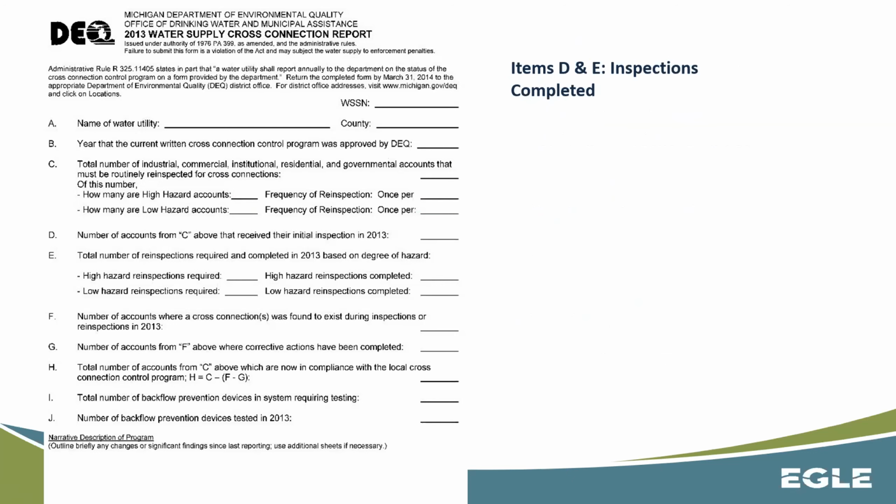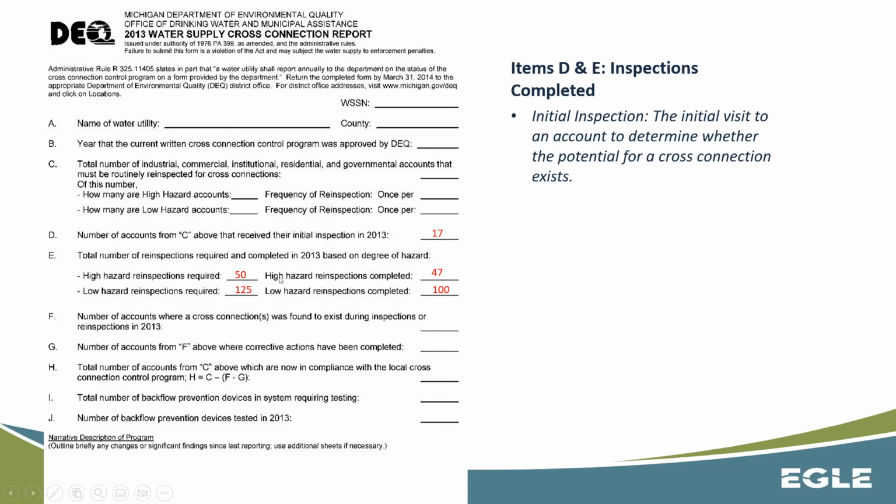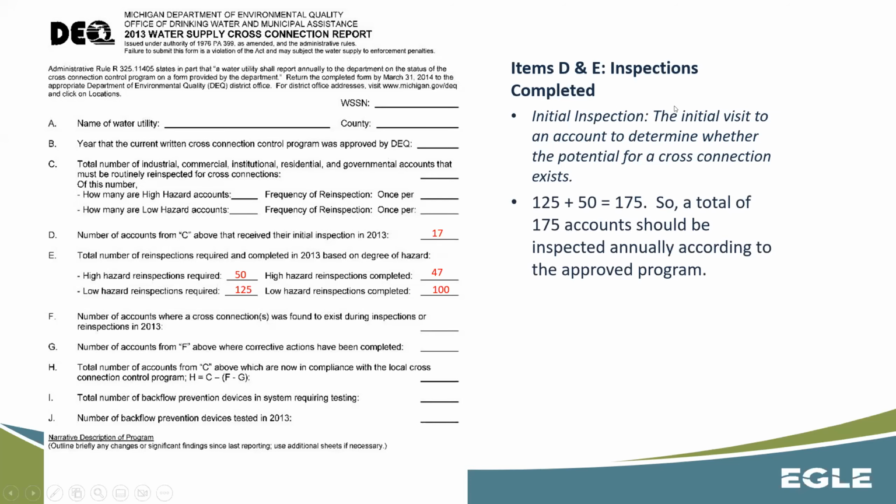Then our next lines report what was actually completed for that year. Again, we're seeing the 50 and 125 I mentioned. And then there's also this line that says initial inspections, and we've got a little bit of an explanation here. An initial inspection, what we're asking for in line D, and your re-inspections in line E are different. An initial inspection is going to be either new construction,